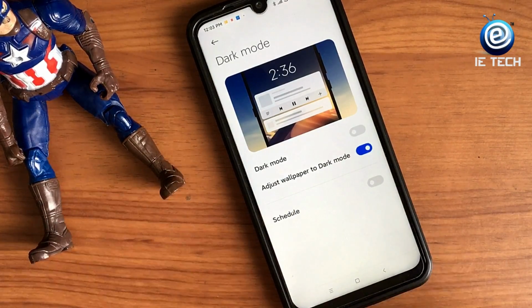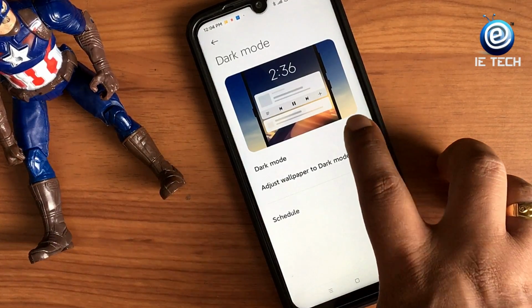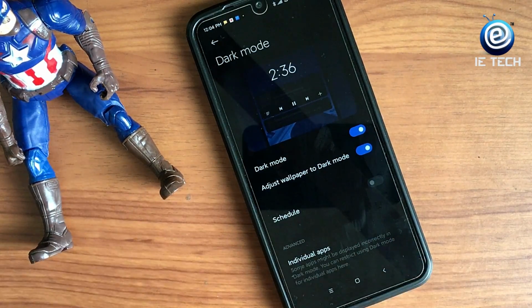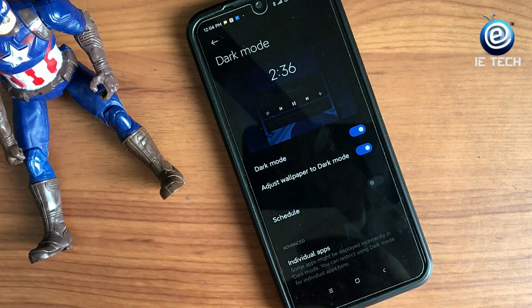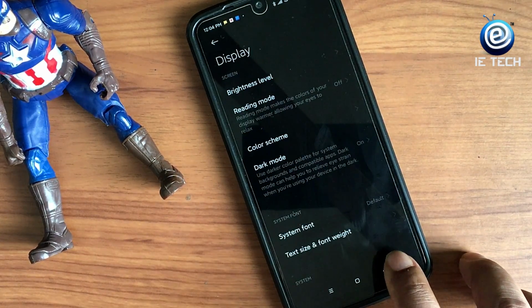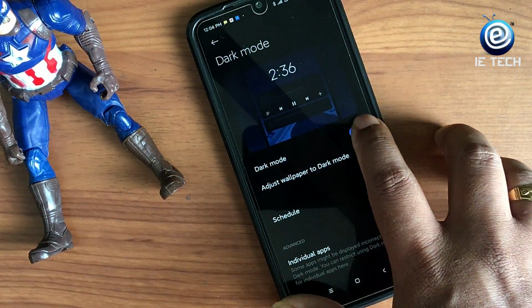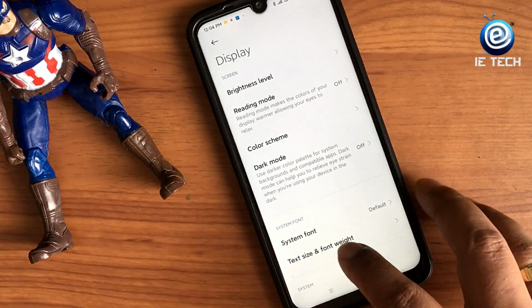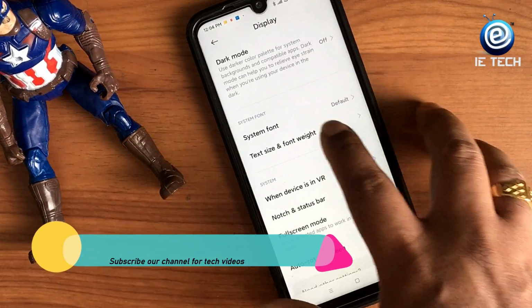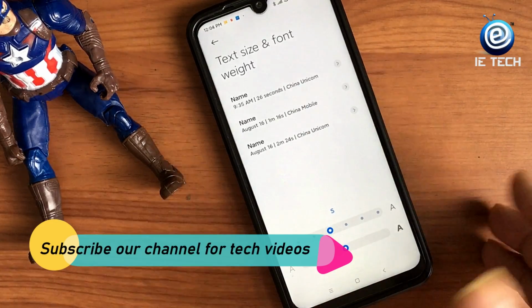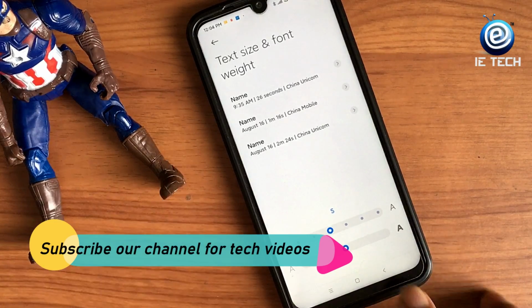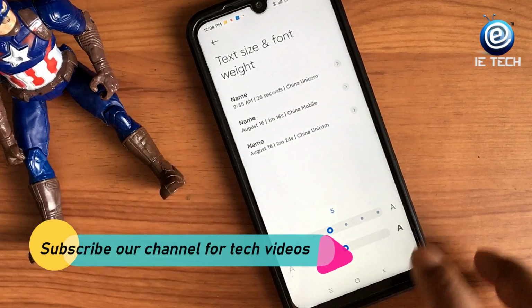So the wallpaper dimming function is now integrated into dark mode 2.0, and when you enable the dark mode you will see the text and the UI actually change, and it looks cool. It looks too cool. So there is dark mode 2.0, and it's working very seamlessly. You can change the system text and font size, weight. You can set it as you wish. There are new fonts available. This is a China ROM, so you will not get most of the fonts here, but still you get some.